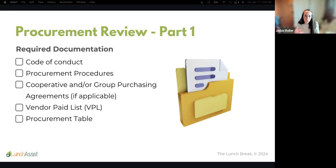Procedures, group purchasing stuff. If you have piggybacks, they're going to ask for that kind of documentation. And then kind of the big push with part one is our vendor paid list. You have to have a vendor paid list, and you have to translate that onto a procurement table that the state provides you with. And then once you submit all of that information to the state, they will look it